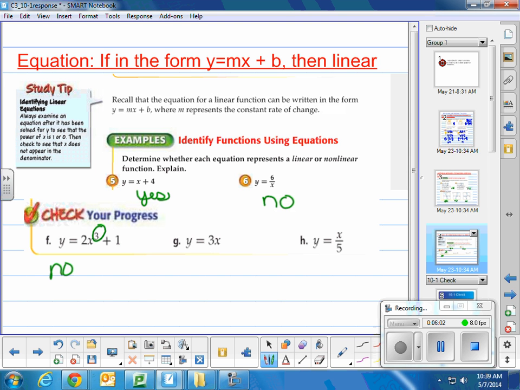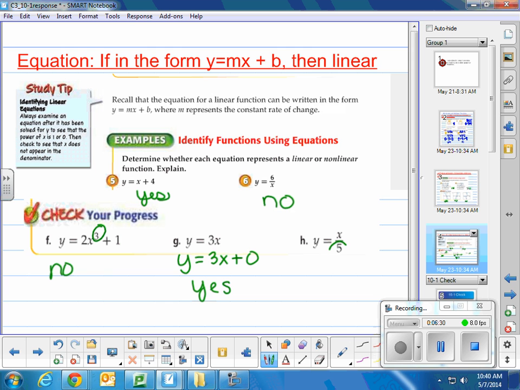The next one, y equals 3x. That one is in mx plus b form because y equals 3x plus 0. That's linear. And so the answer for that one is yes. And then the last one, h equals x divided by 5. It is solved for y, but it's not in the form of mx plus b. And it also has,